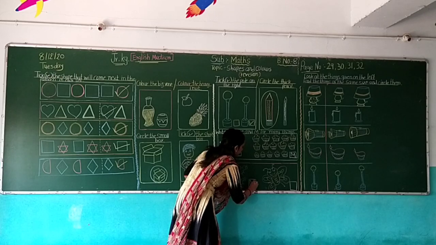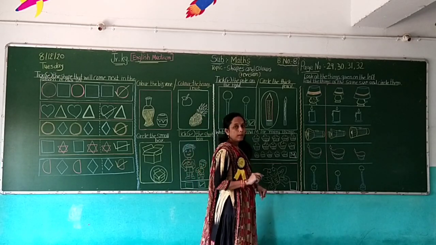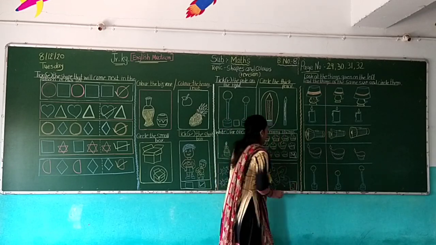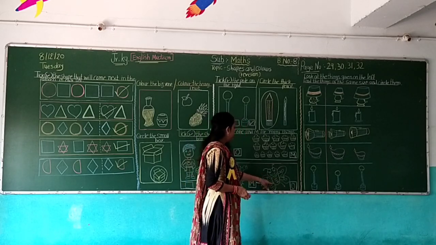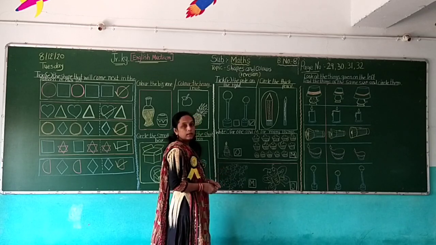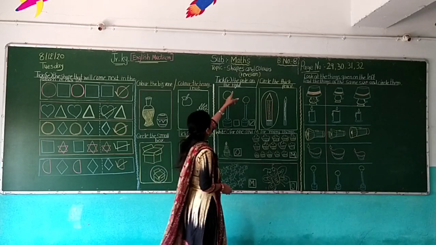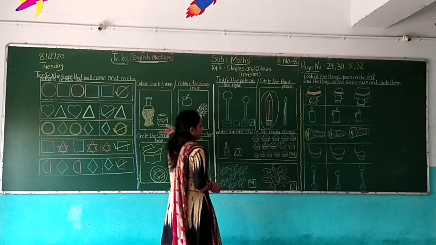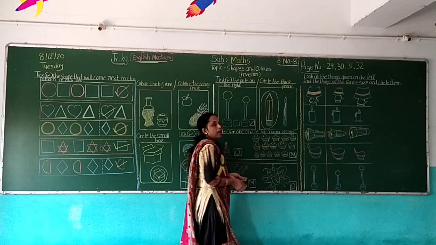So here we write M. And this side only one butterfly. So here we write O. O for 1 and M for many. So look at this exercise again one more time. Tick the pole on the right. So look here, this pole on the left side and this on the right side. So here we tick right.